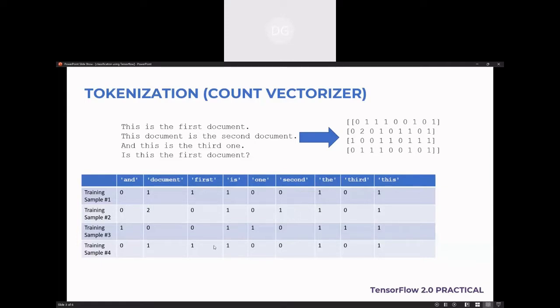Likewise it will convert the values into 0, 1, 2, depending on how many times it is occurring. So it will create one table with unique values, and for each statement it is going to create values. If it is present it is 1, multiple times present means that many times, and if not present it is 0. So this is going to be the format.